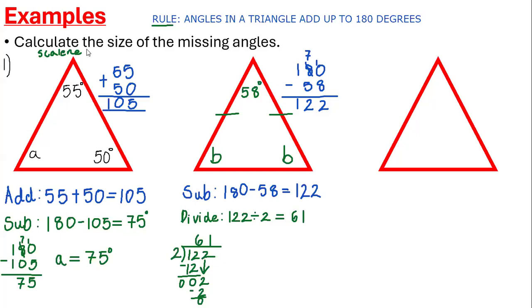Class, does this make sense to you? B is 61 degrees. Yes, sir. Can you explain it one more time, please? B is 61 degrees. All right. Is there anyone else who does not understand? Laura, you need me to explain it again? Wait, I will be right back. I have to go. Okay, no problem.